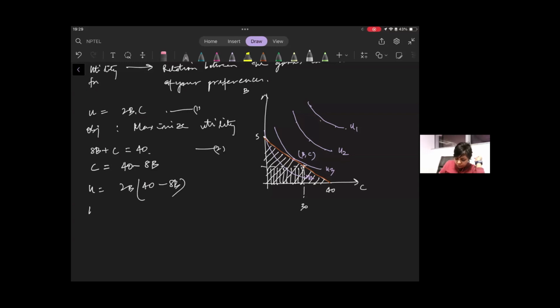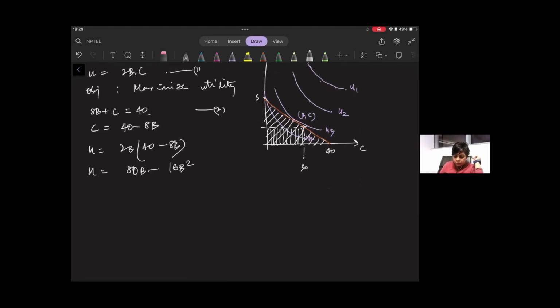Okay, so now you have a quadratic function. Again, you may not get an answer because I've just made up these values in front of you. I was not expecting to discuss this. But what we want is maximization of this utility function. So we maximize utility, right? So now you will take du by db, and that is 80 minus 32b,